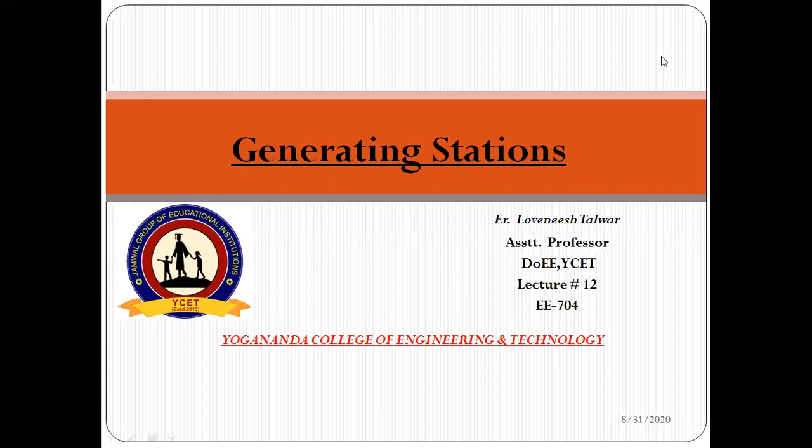Today I am here with you, with the continuation part of the thermal power plant that we started in my previous lecture. In our previous lecture, we discussed the thermal power plant. What do you mean by thermal power plant? And what happens in a thermal power plant? In a thermal power plant, the fuel energy of the coal is converted into electrical energy. So the fuel energy is basically the coal.